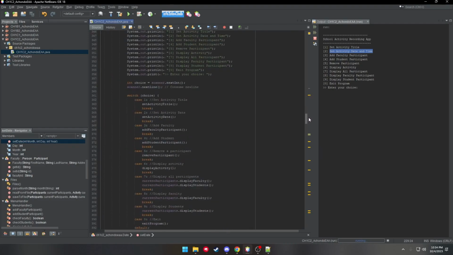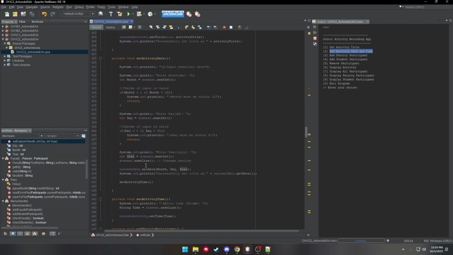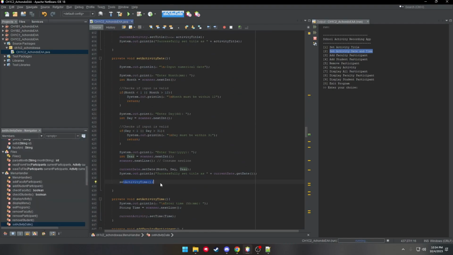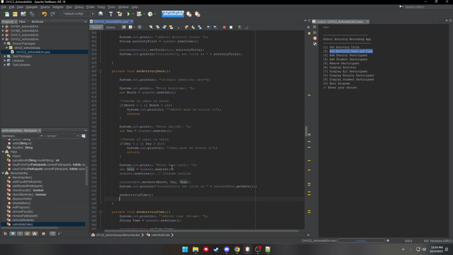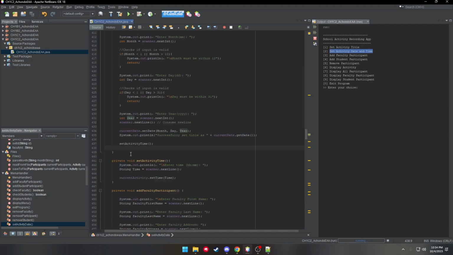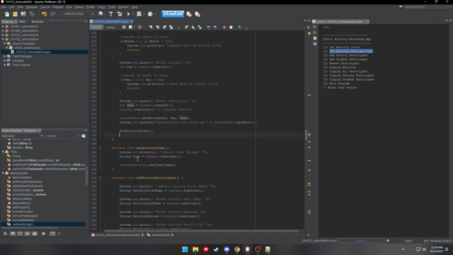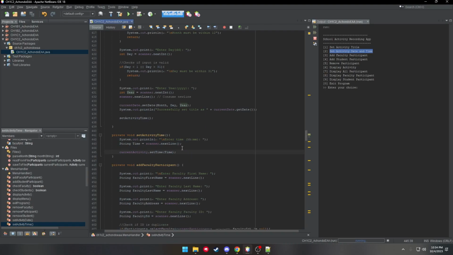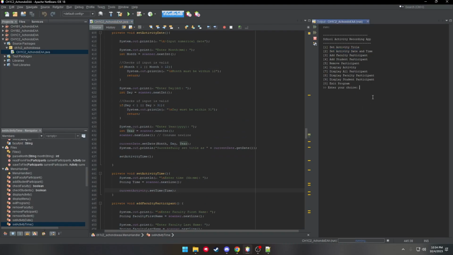Now for our set time, it's in a different method, sorry. So set activity time, we just have this scanner, and then we just set time, just like that. Now for set activity,